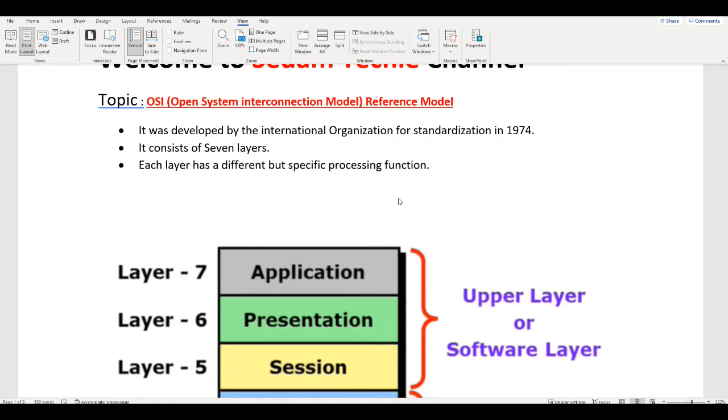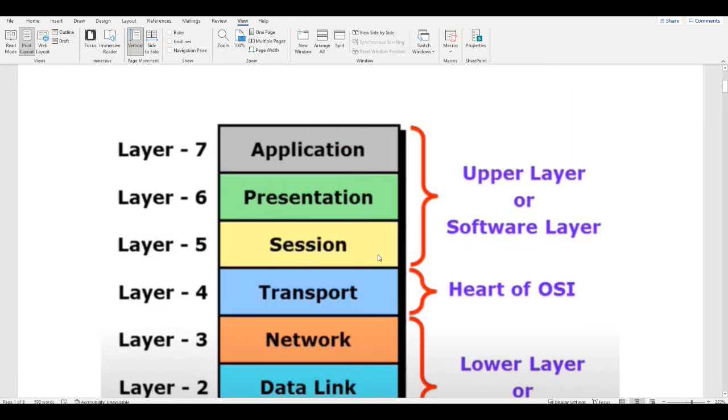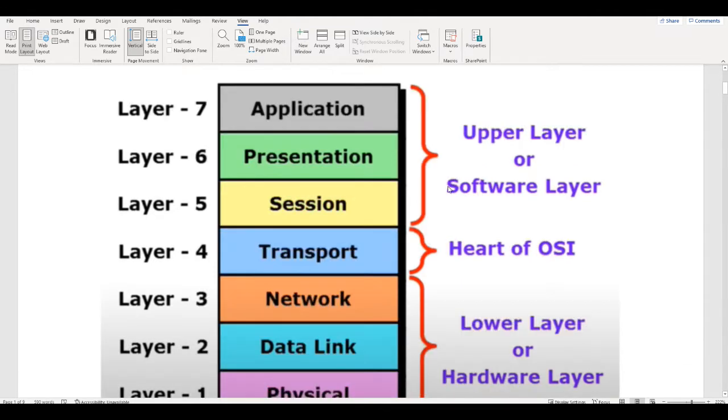So how exactly does it work? Here are the 7 layers: physical layer, data link layer, network layer, transport layer, session layer, presentation layer, and application layer. The top three layers, application, presentation, and session, are called the upper layers or software layers. In these layers only the user will work.